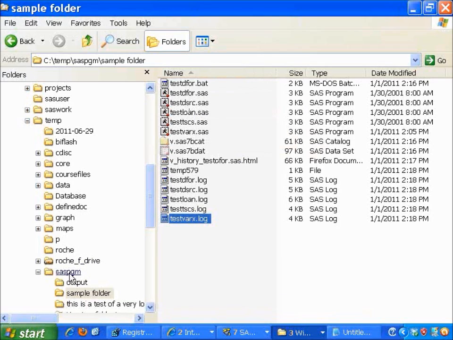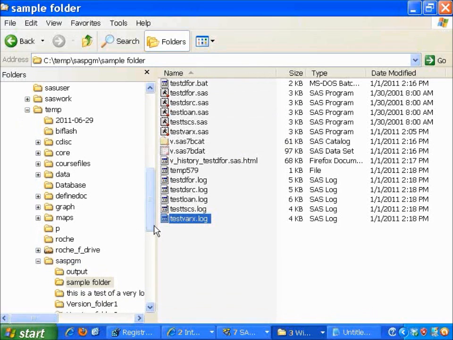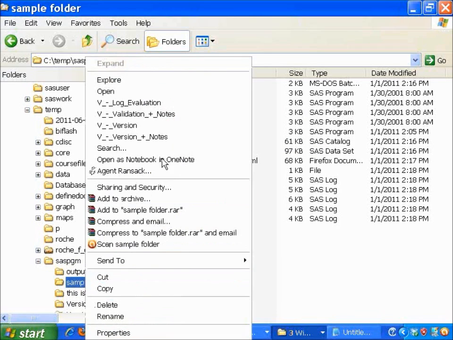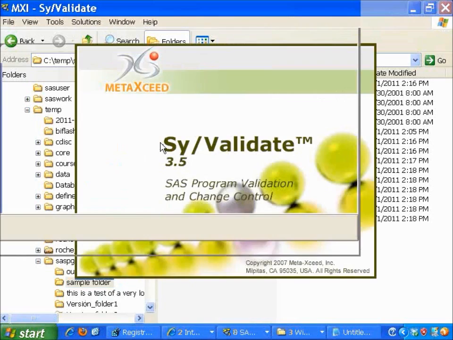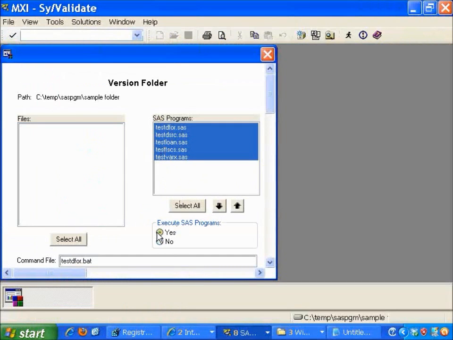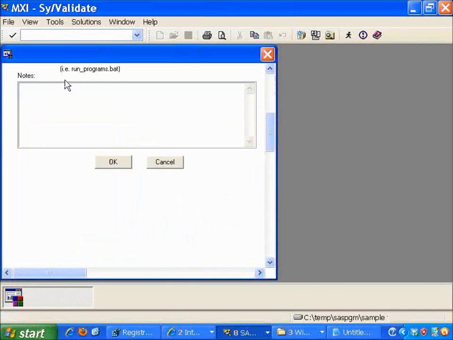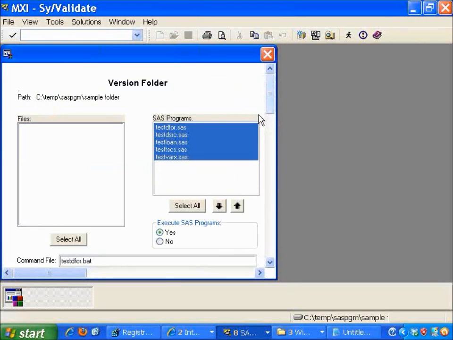In a similar way, if you were to select that folder again, and then select the version plus notes option, if you were to select yes here, it will go ahead and perform the version backup along with recording the log, the notes that you typed below. But in addition, if you were to select yes, it would actually execute it similar to that bat file. That is, it runs each one of these programs and then produces the output or log files from